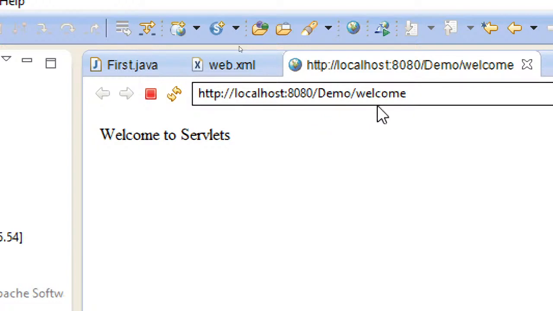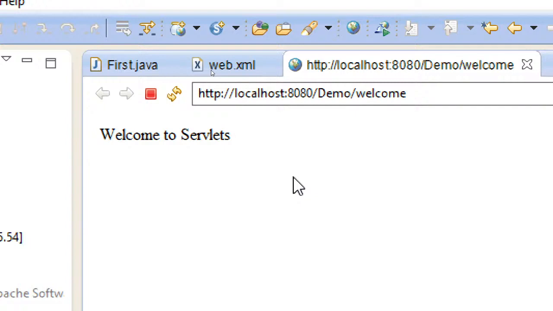One more thing you need to remember: right now my Apache Tomcat is at 8080 and there is no conflict. But suppose you have some other software installed and you are getting a port conflict.